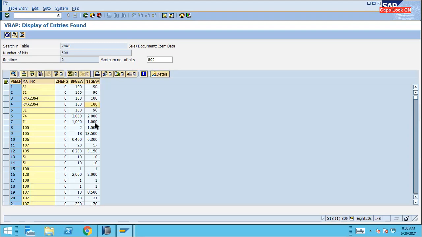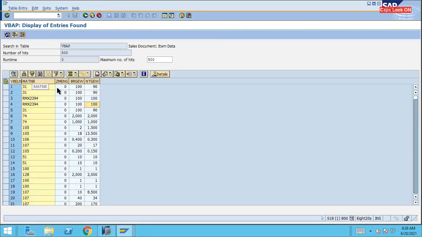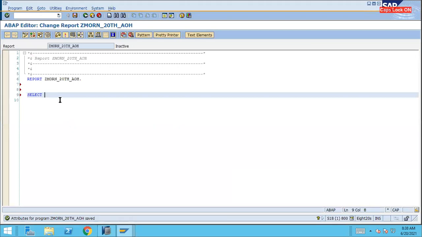So what we are going to do, we are performing aggregation on the net weight per material, right? So earlier what we used to do, we used to do it like this. First, fetch the data, select the required data over here, Matnr, all these four fields. Okay, so I will just give you a glimpse over here, right?